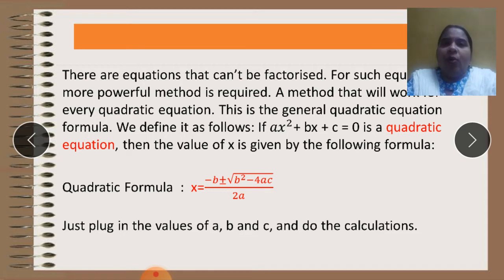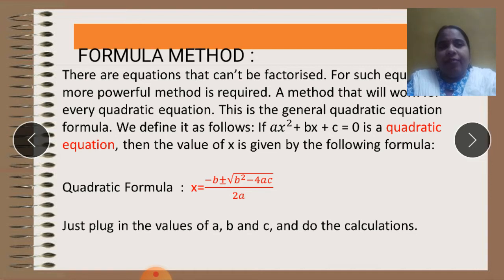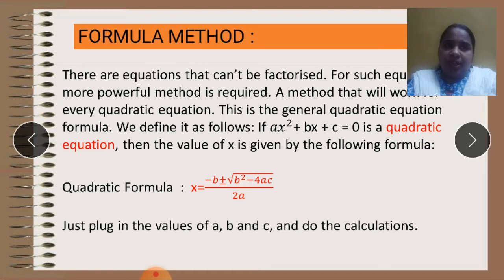2.4. Now here what we are going to do is learn a new method. Now my new method, see, we have learned the factorization method. I have already told you there are two more methods, that is the formula method and the completing the square method. The completing the square method is omitted from your syllabus for this year. Now we go to the next method, that is the formula method. Yes, but what is the need of doing this? When we know the factorization method, why should we learn another method called the formula method?